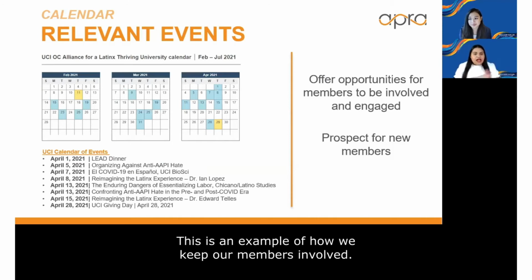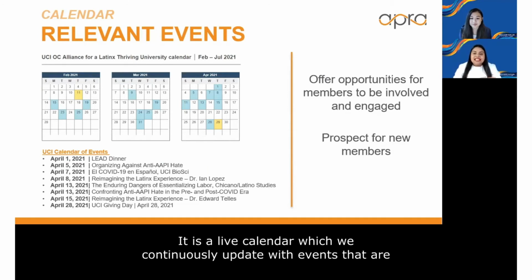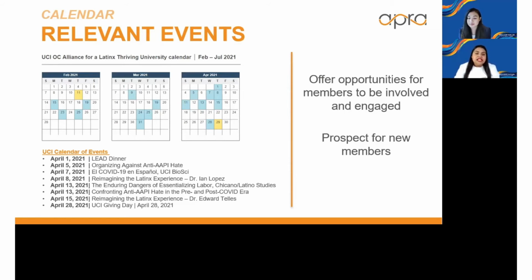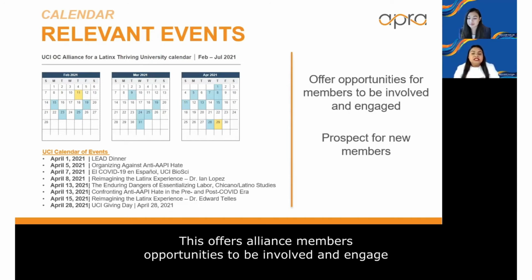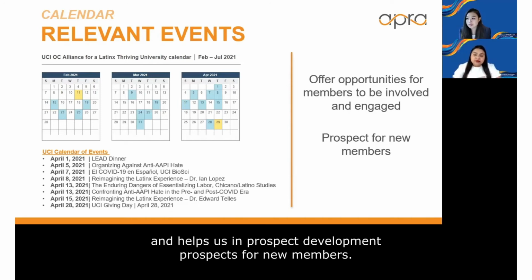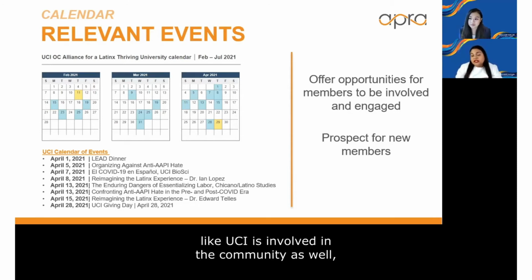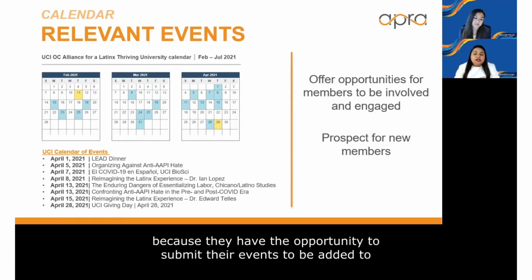This is an example of how we keep our members involved. It is a live calendar which we continuously update with events that our schools and units host that could interest our Alliance members. This offers Alliance members opportunities to be involved and engage and helps us in prospect development for new members. It is also a great opportunity for our members to feel like UCI is involved in the community as well because they have the opportunity to submit their events to be added to the calendar